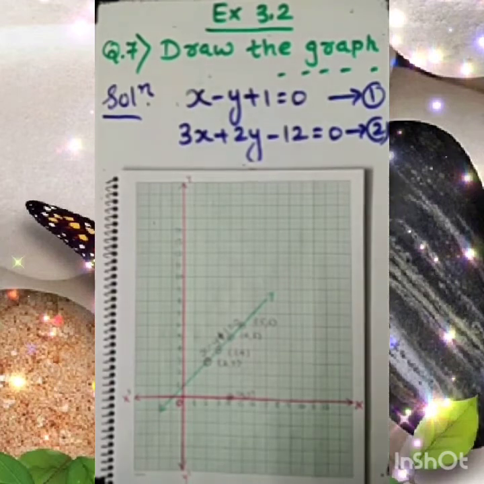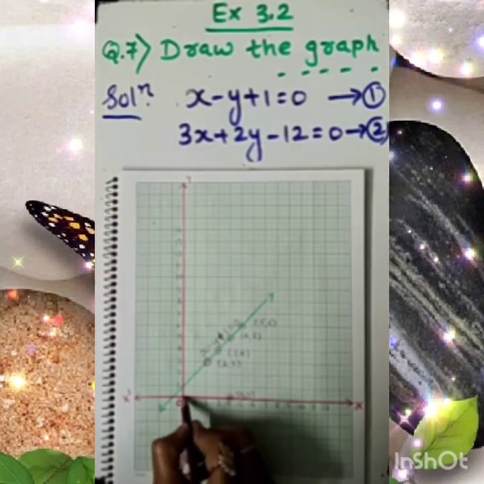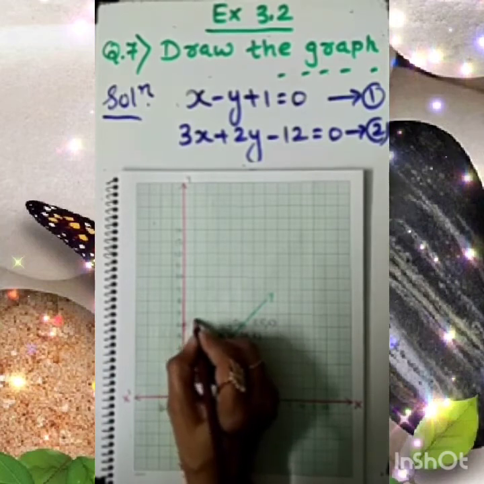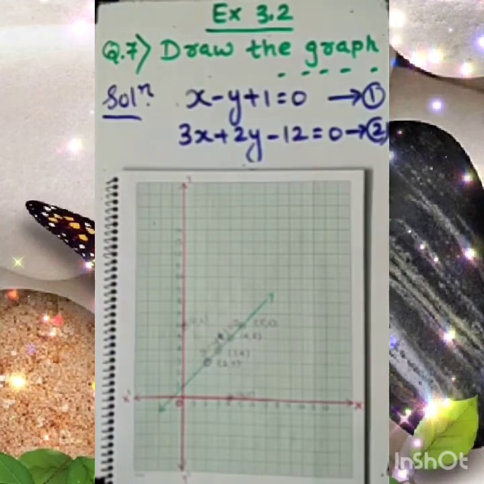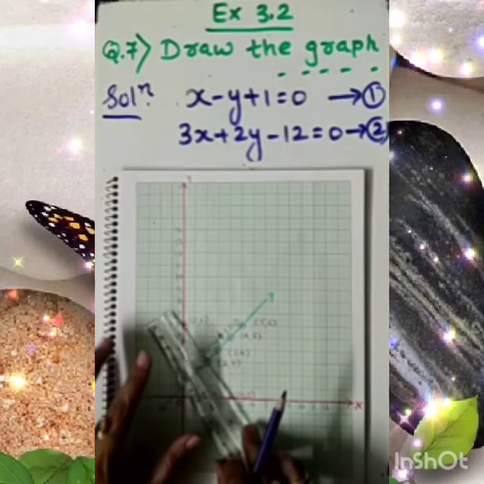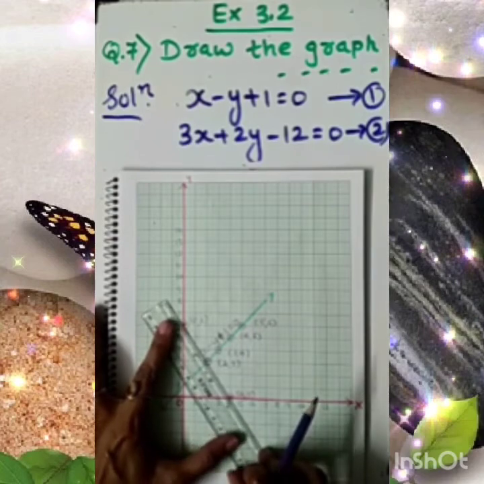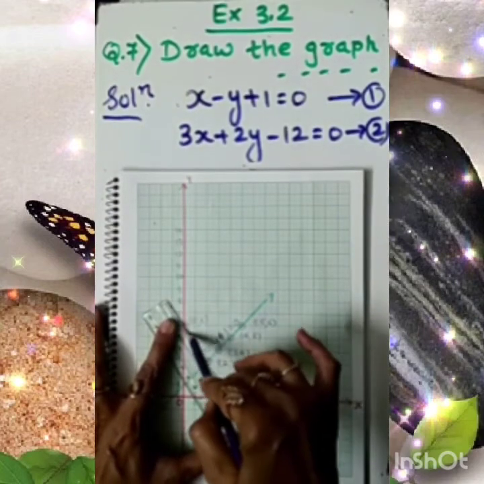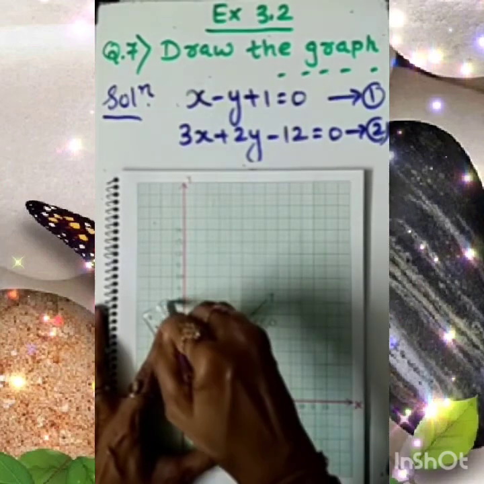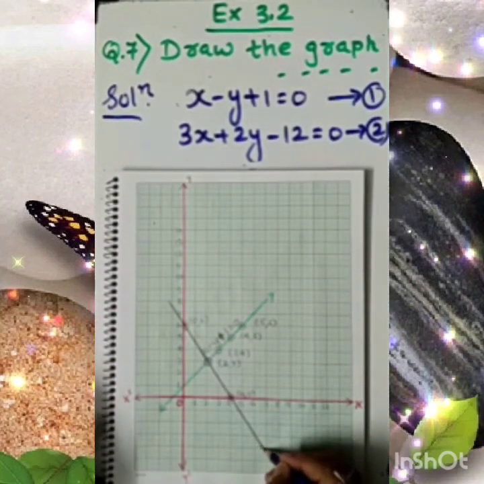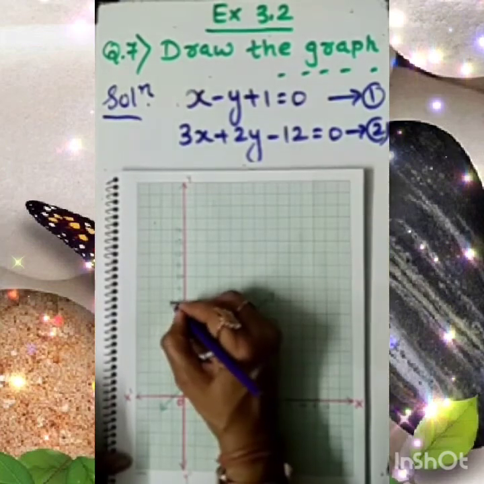Then the third point which we have taken is 0, 6. Of course 0 is here and 6 is here, on the y-axis, so I am mentioning 0, 6. Fine. Now let's join all 3 points. You can choose 4 points also, no problem, but at least 3 points should be there so that you can locate them easily on the graph paper.